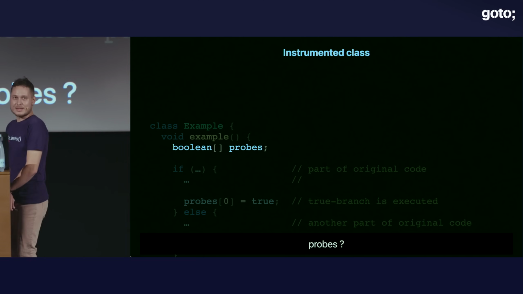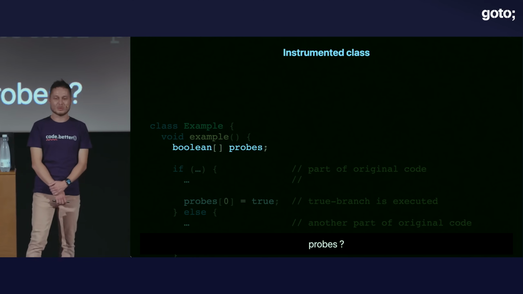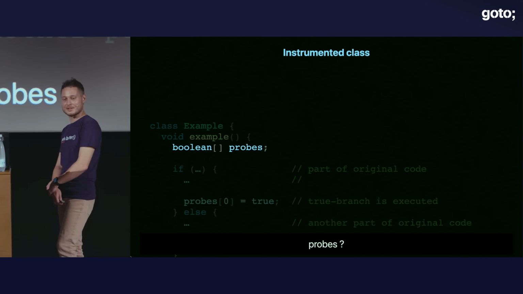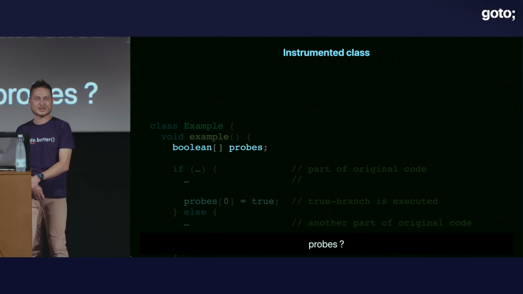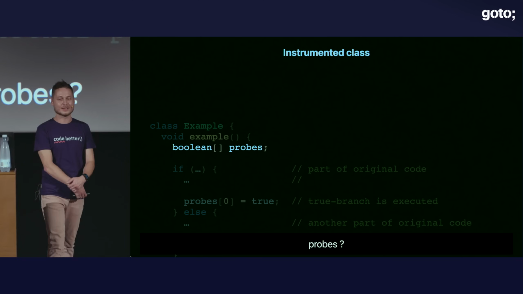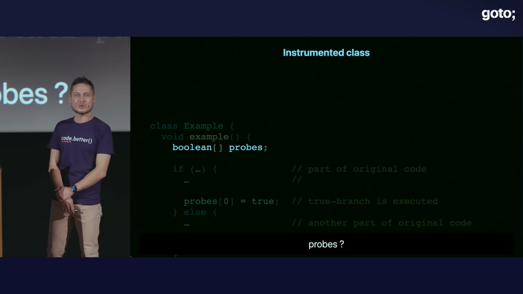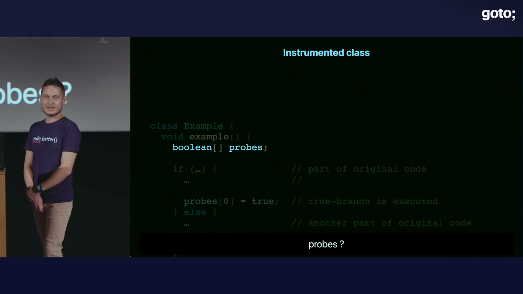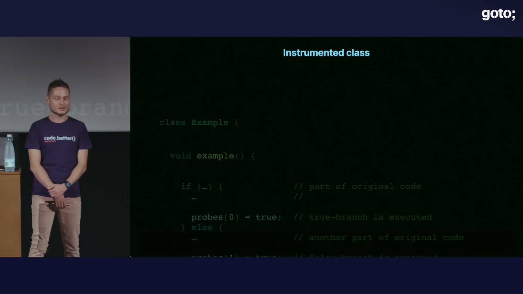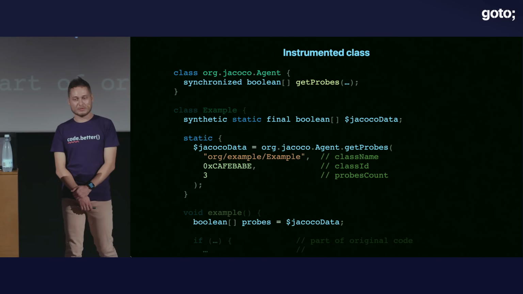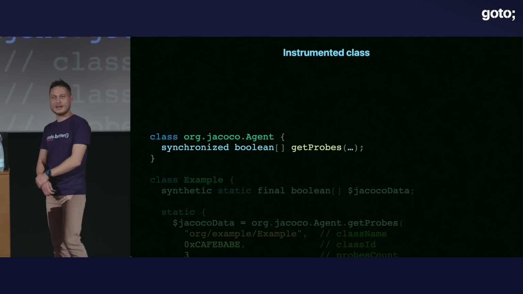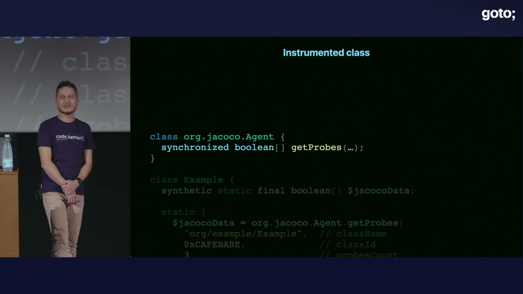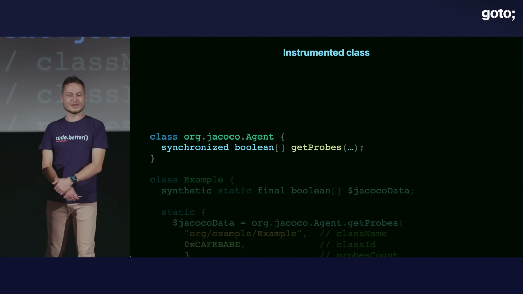But we need to get this array from somewhere. We need to get it in order to record the fact of execution. We need to store it somewhere so that the code coverage tool, JaCoCo, can later on use this data and transform it into the wonderful report that you're going to see. So where can we get this one? Well, that's also not hard. We have a Java agent which collects all the information. So this agent can have a method, please give me an array of probes. We're going to call this method